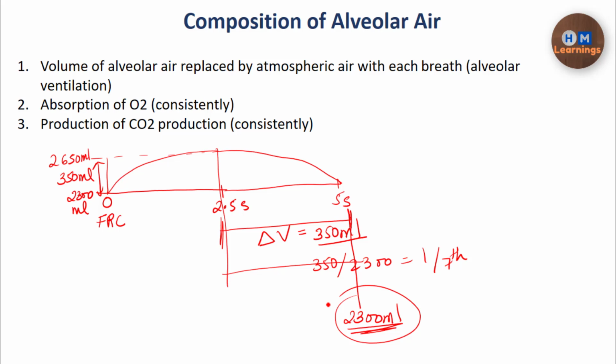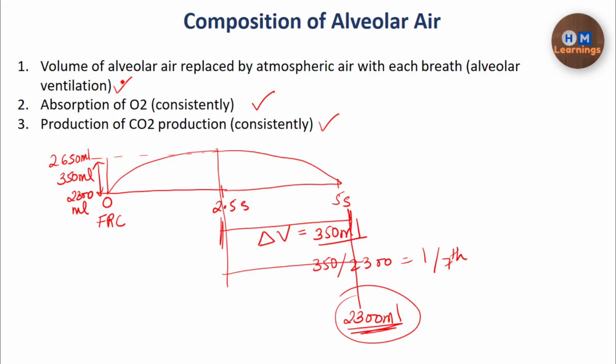So you see that there is a continuous change in the volume during the process of respiration and breathing. Also, because the absorption and the production of carbon dioxide are continuously happening, the volume which is entering inside the lungs, in the alveoli, is very small. It's only 1/7. So it's not the whole 2300 ml of air being exchanged. It's not being totally replaced. It is only partially replaced.